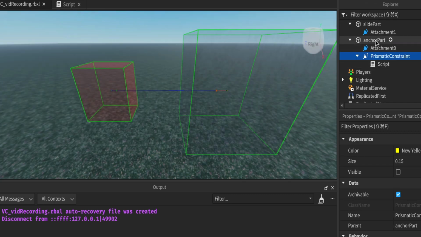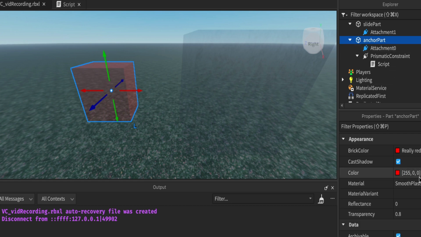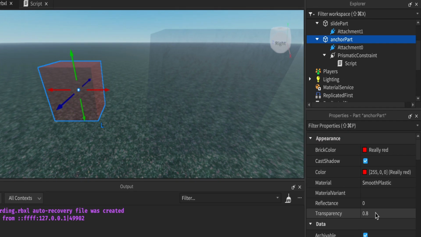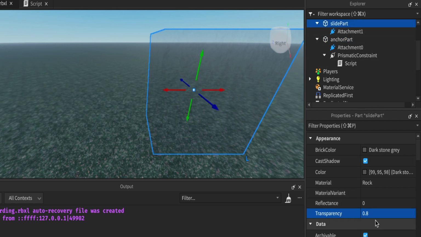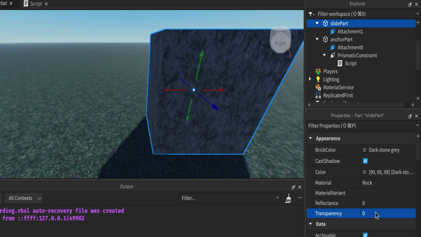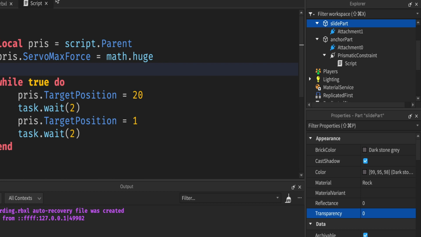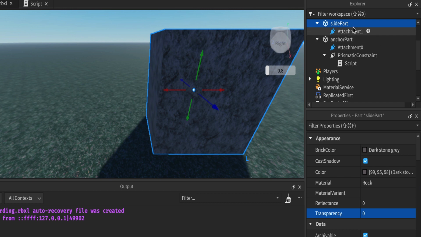Let's hide our anchor part. So we'll actually make it completely invisible. And come back up to our slide part, and let's make it completely visible by setting it to 0. And in our script, we're moving to the out position first. So let's set our